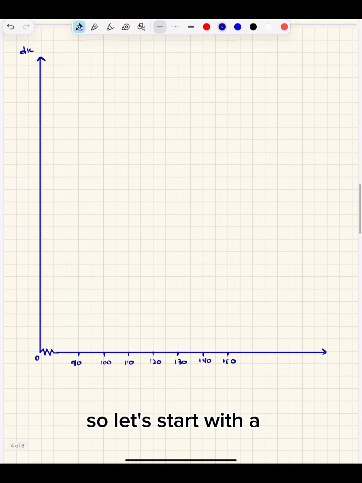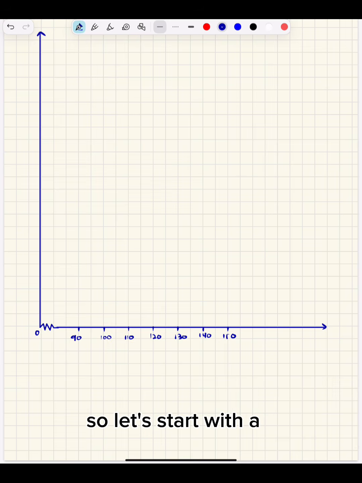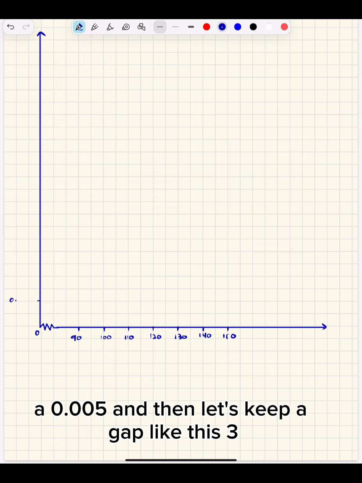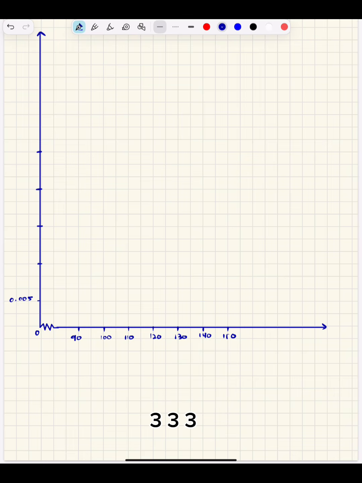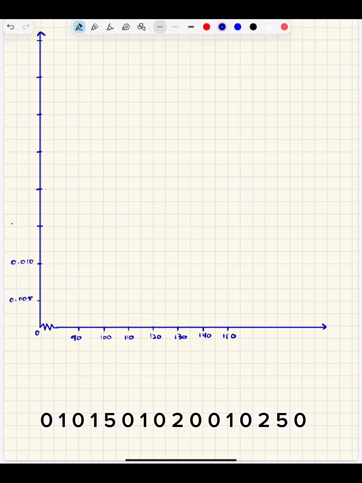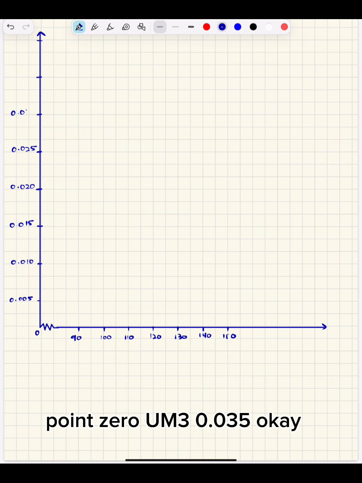So let's start with a 0.005, and then let's keep a gap like this. 0.010, 0.015, 0.020, 0.025, 0.030,